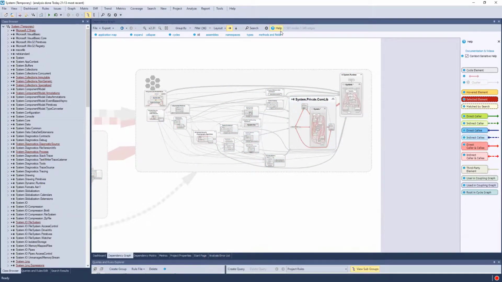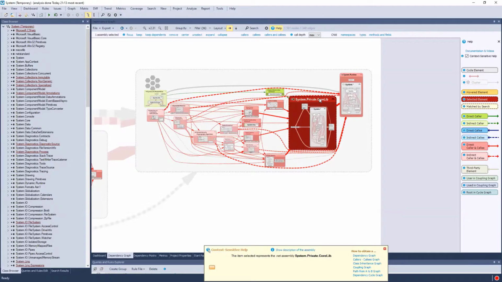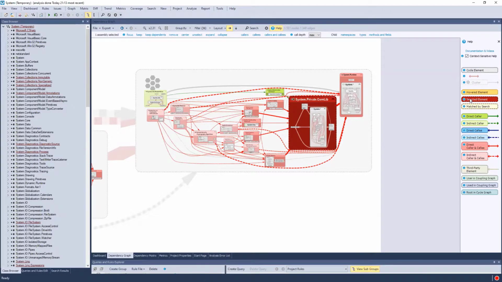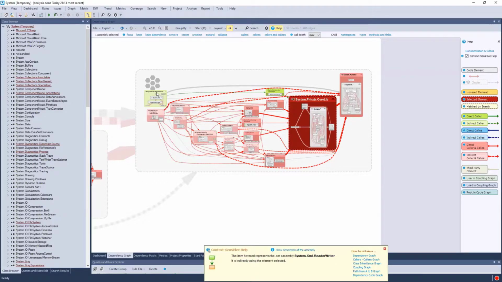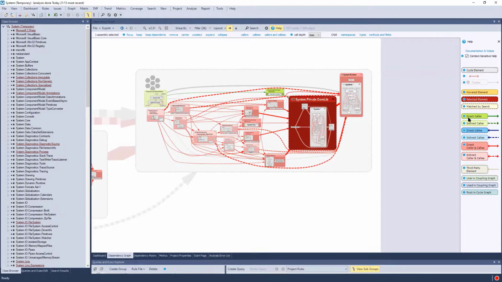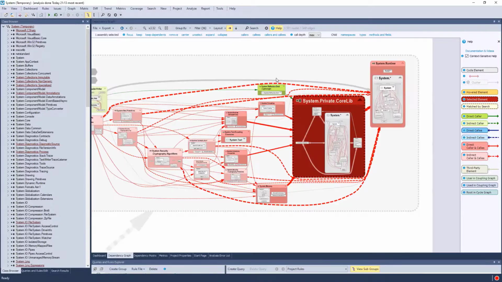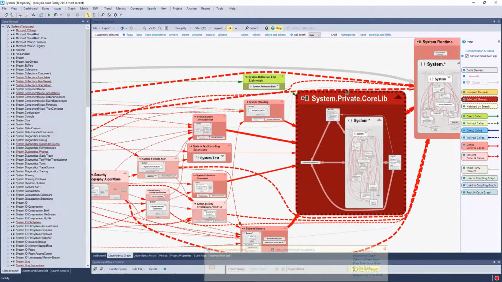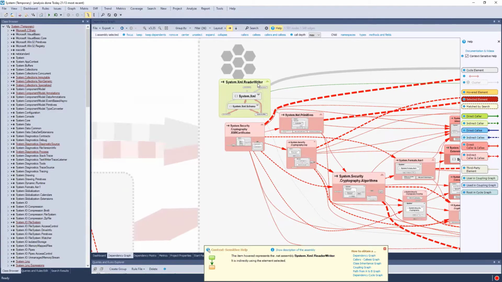If I go to help, it tells me that orange is for the hovered element. I can click an element to select it, and then I have the green color which indicates direct or indirect users. This one is a direct user of private core lib, and this one is an indirect user.